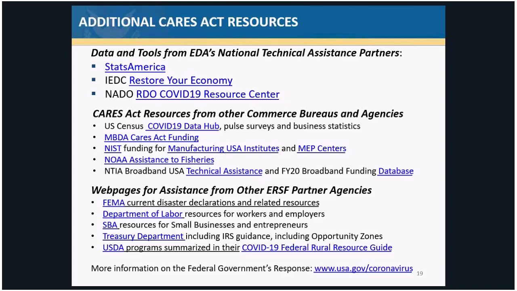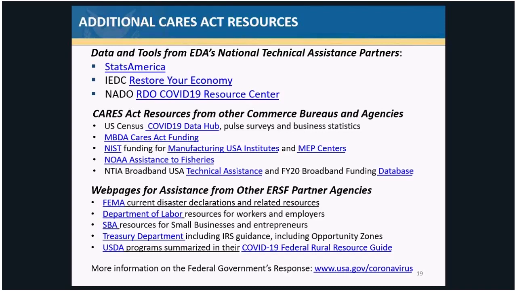Function primary partner agencies. This includes FEMA, which has a web page that identifies current disaster declarations and related resources. The Department of Labor has a web page that has resources for workers and employers, including job training, unemployment insurance, and workplace safety information. The Small Business Administration has a number of new loan programs, as well as resources to assist small businesses and entrepreneurs through business advising, contracting assistance, and access to capital to maintain and grow their operations